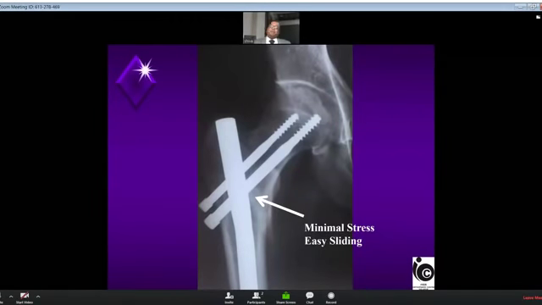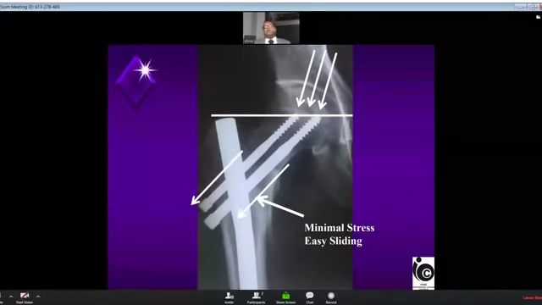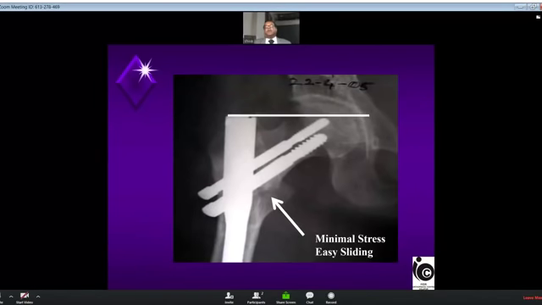Again, explaining the same. Inferior screw is longer and the superior screw is shorter, both of them take the load simultaneously and both of them uniformly collapse at the fracture site and both of them come out uniformly. If the inferior screw is shorter and the superior screw is longer, what happens?